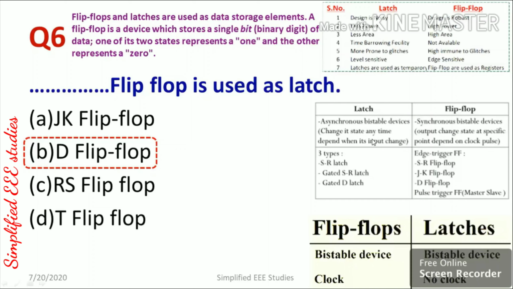There are different varieties of latch available, like SR latch, gated SR latch, gated T latch. Looking at flip-flops, we can classify SR flip-flop, JK flip-flop, D flip-flop, pulse trigger flip-flop, etc. Latches are basically asynchronous bistable devices, whereas a flip-flop is a synchronous bistable device. Moreover, you can bifurcate the latch and flip-flop based on performance. Regarding the latch, the design is noisy, while the flip-flop design is robust. The latch consumes less power, whereas the flip-flop consumes the highest power. The area of the latch is very small, but the flip-flop area is high.